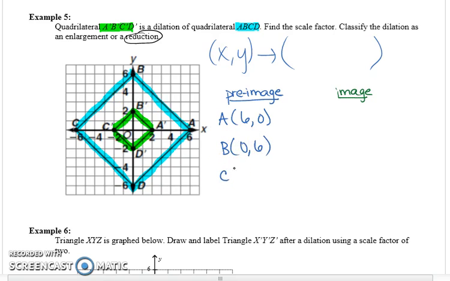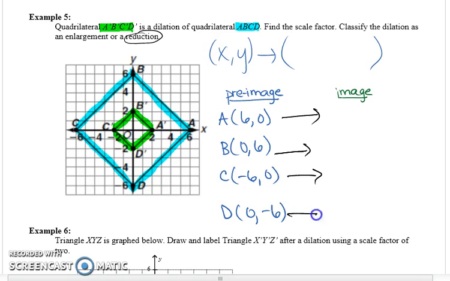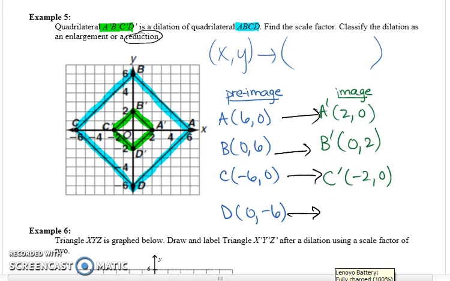Point C is -6, 0, and point D is 0, -6. When we perform the dilation, the coordinates of the image for point A are now 2, 0. That's A prime. B prime is now 0, 2. C prime is now -2, 0. And D prime